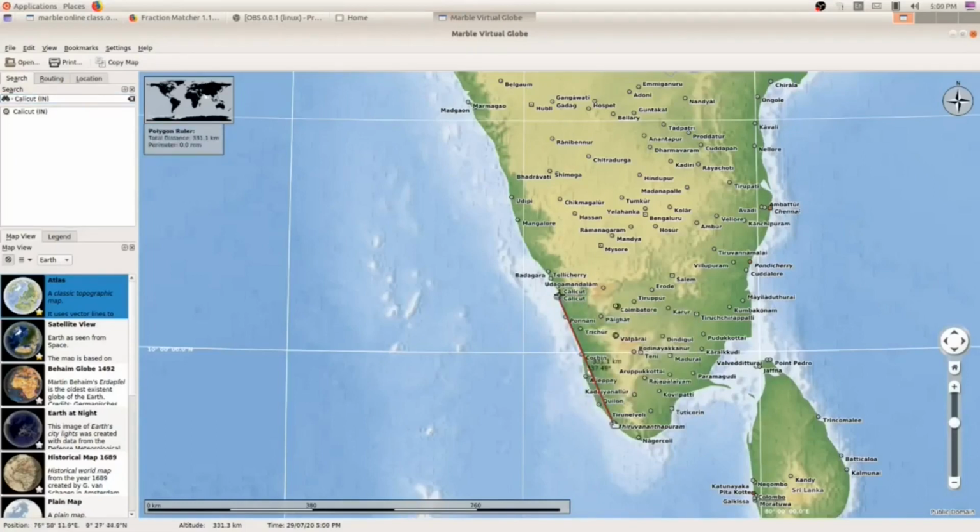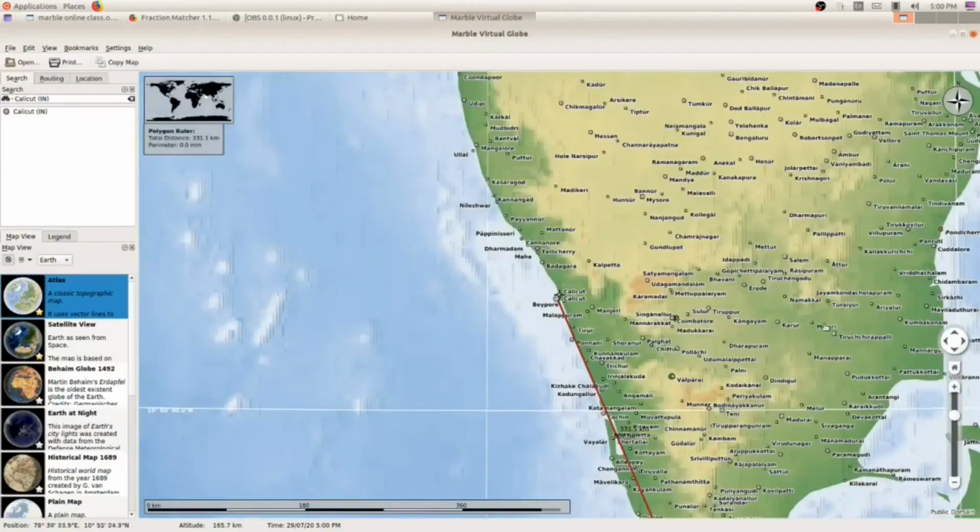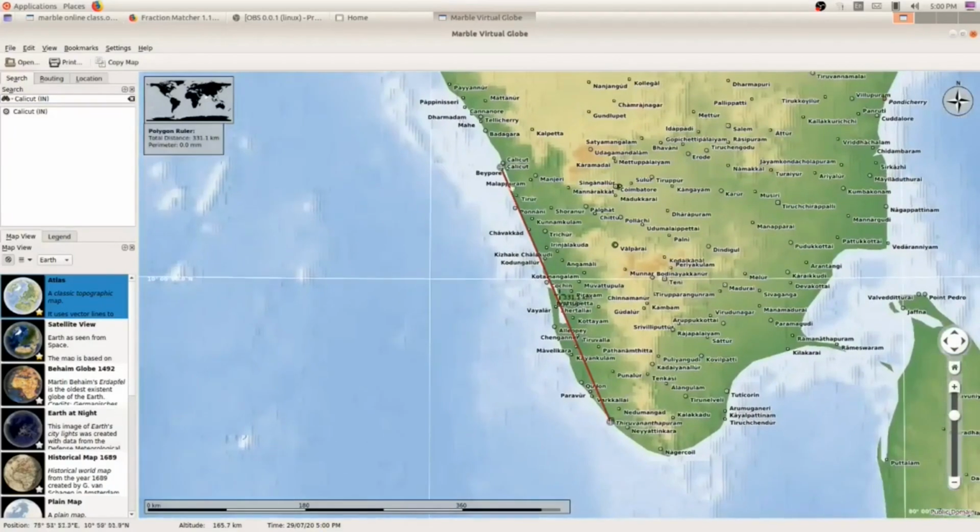Now you can see a red line. I will zoom in. A red line between Thiruvananthapuram and Calicut, and it is showing in this box. Can you see here? The total distance between Thiruvananthapuram and Calicut is 331.1 kilometers.